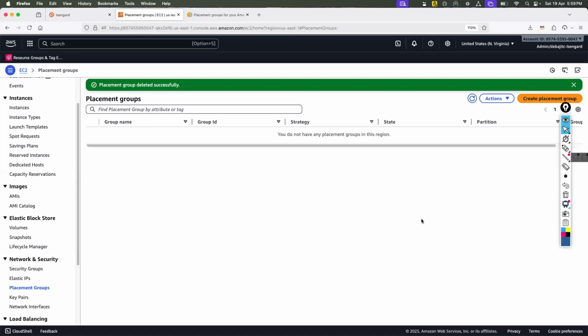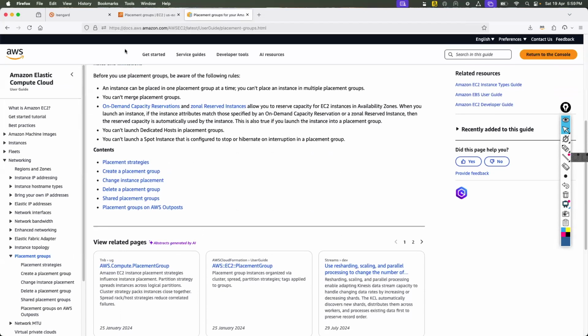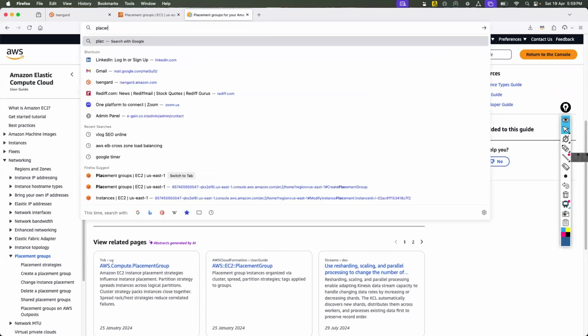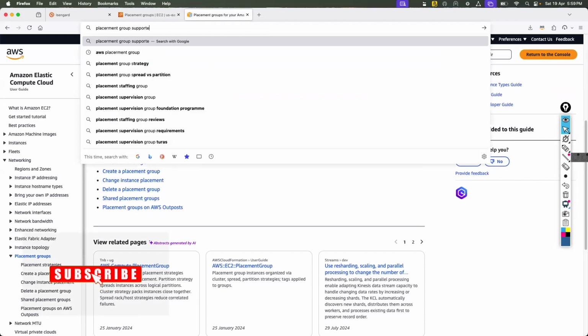It will start from the M series. So something big, not 2 or 4 virtual CPUs, maybe 8 or 16. You can also see the placement group supported instances. Let me check.